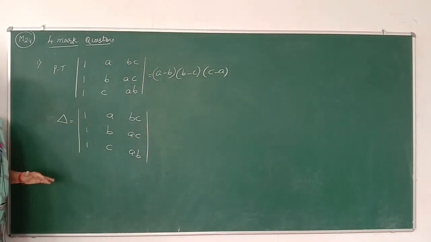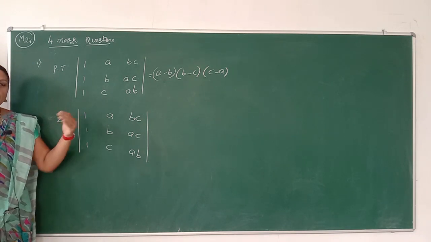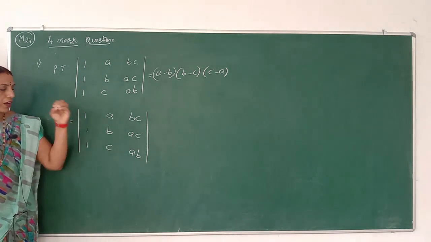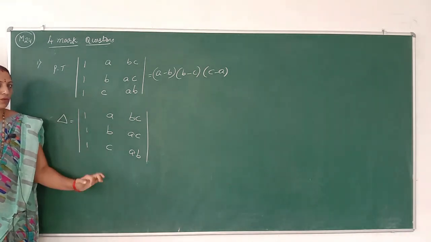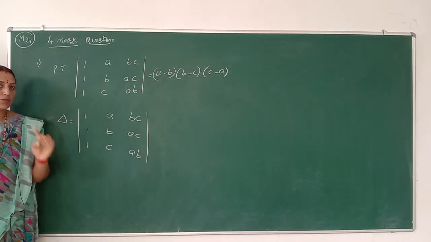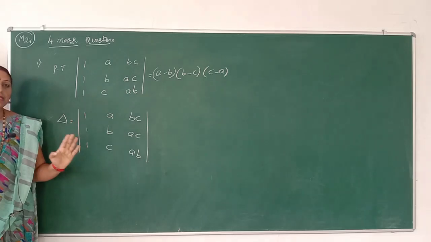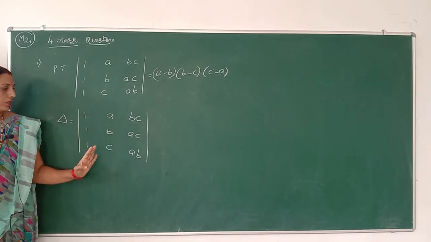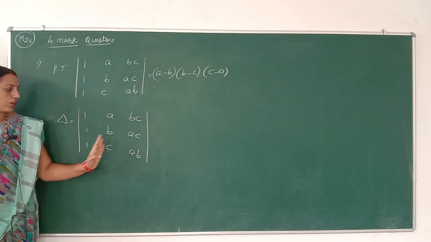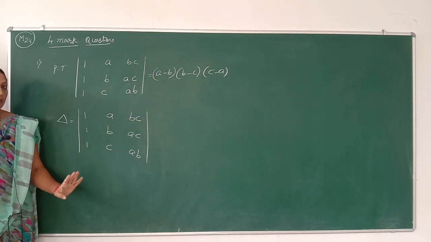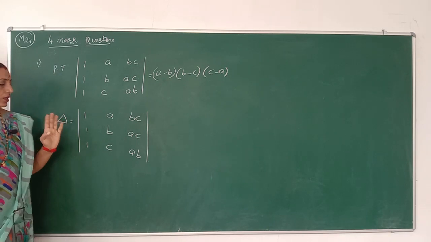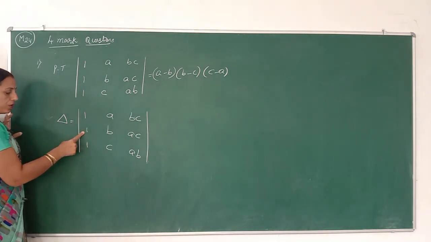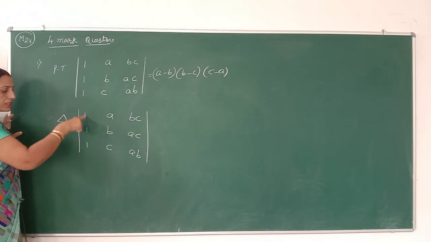Now again, first we will observe whether there are any common elements in all the elements of any rows or columns. So in the determinant problems, we choose accordingly. First we will observe if all the elements of any row or any column have any common factors. And if a row or column does not contain any common factor, one thing to check is whether all the elements in any row or column are 1, 1, 1.